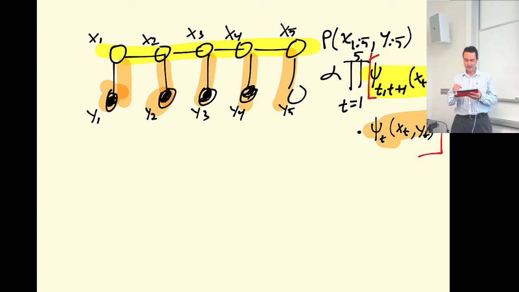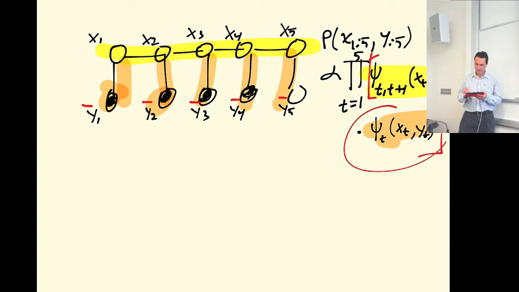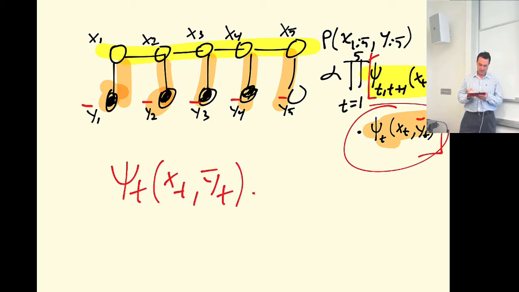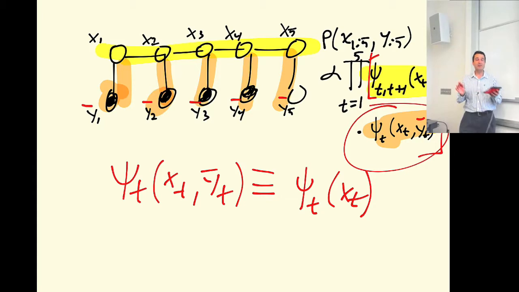Now the idea is that in a hidden Markov model, typically you treat these as observed. So we're using the bar over these. These are all observed. They don't actually affect anything. The only thing that you can iterate over are the x's. The x's are the hidden variables, the y's are observed. They're essentially constants that aren't involved any longer in the process of inference for the hidden Markov model. And so this function here, phi sub t of x of t and y bar of t, you can just treat to be equivalent to some phi of t of x of t. It's just a unary. The evidence there is implicit, but it's really only a function